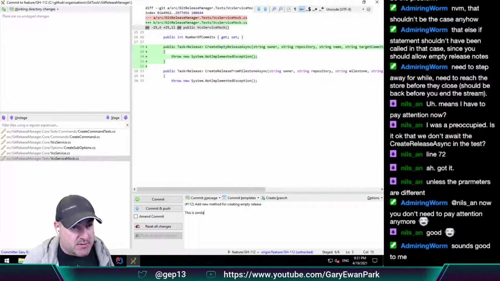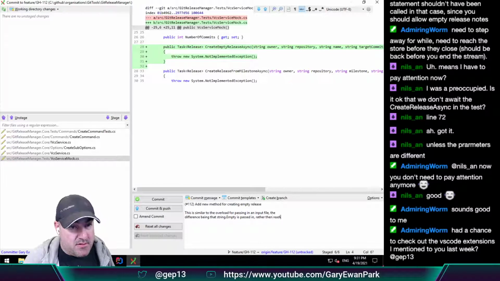This is similar to the overload for passing in input file. The difference being that string.empty is passed in rather than reading the contents of the file. Then